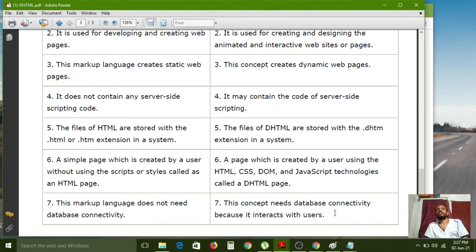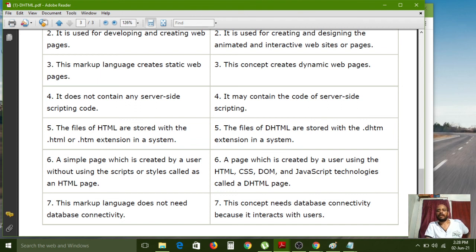It cannot store anything anywhere. If you want to save your information in any database by using a web application, we must use DHTML concepts to interact and communicate with the database.